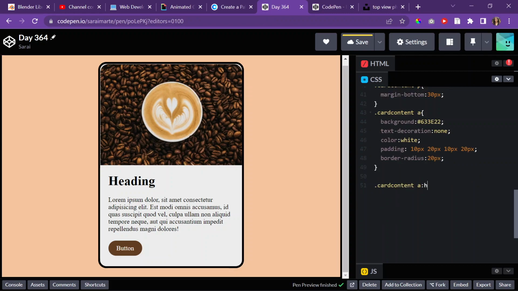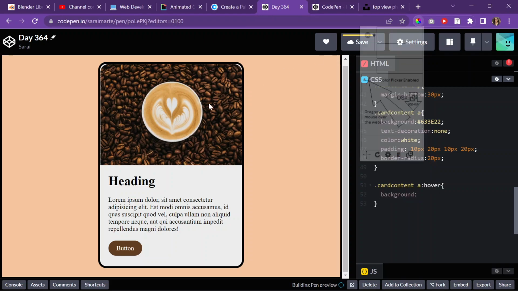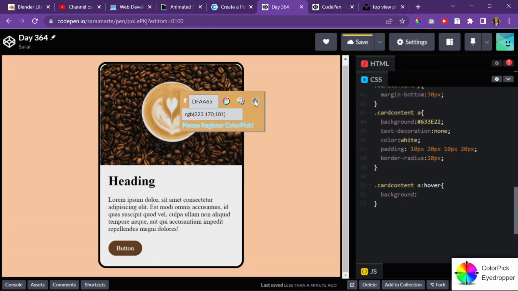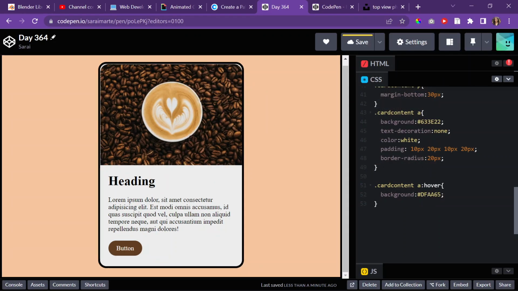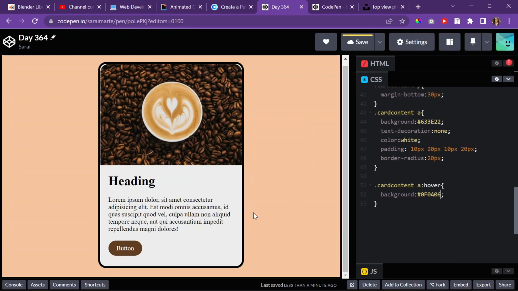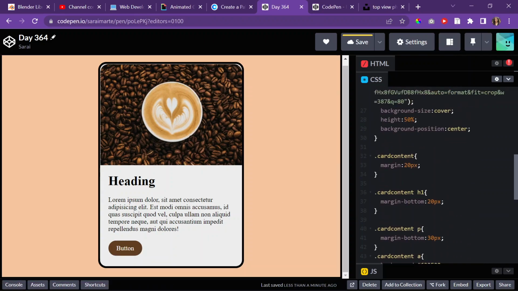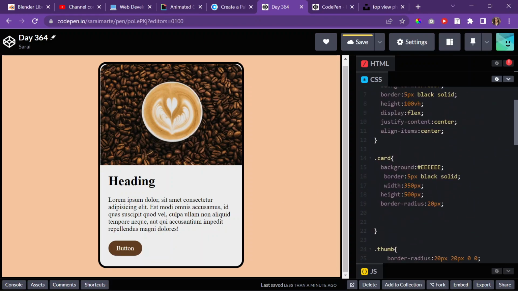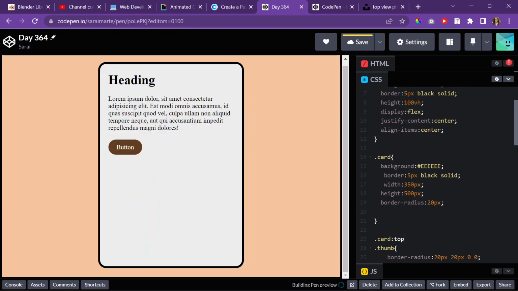I need it to change color to something such as maybe the color of the coffee. That works, I guess. Wait, shouldn't it be a darker color? It should be a darker color, right? Let me just get that. Okay, whatever. Anyway, when I also hover over the card, I needed to move -2 pixels from